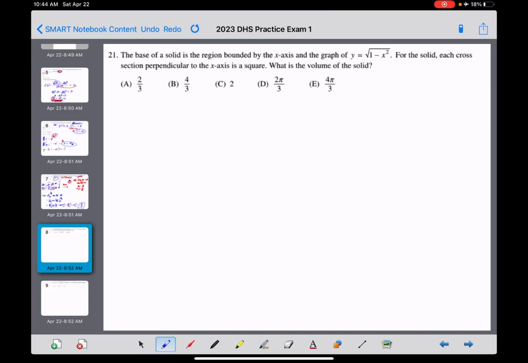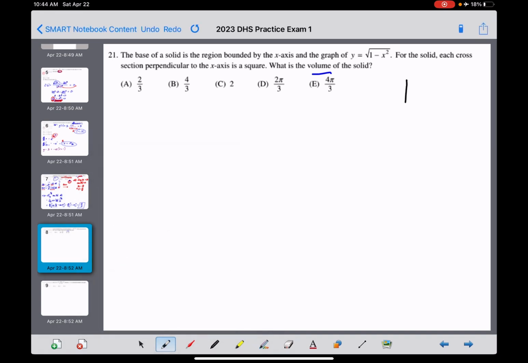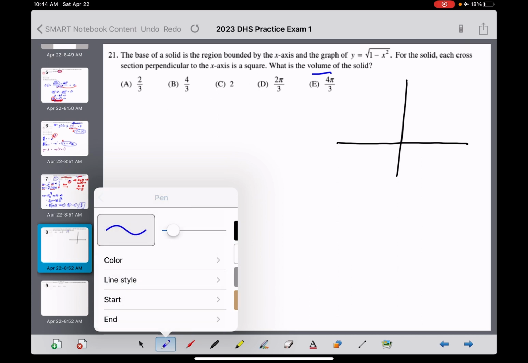Okay, at number 21, we are dealing with a volume problem here, and it looks like the base of a solid problem where we pour a concrete foundation and build something out of that. So let's go ahead and draw what it is that we are dealing with right here, and we'll try to go a couple different colors. We've got ourselves a y-axis and an x-axis, and the base of that solid is the region bounded by, okay,